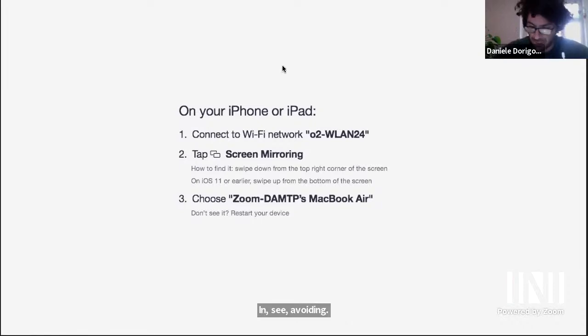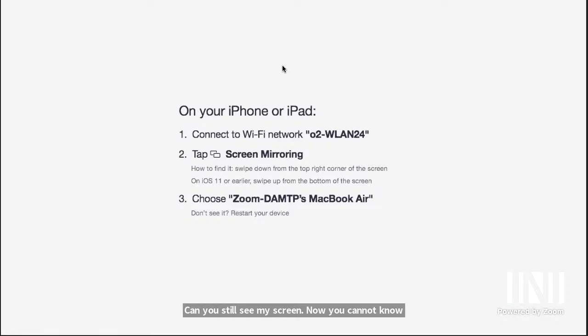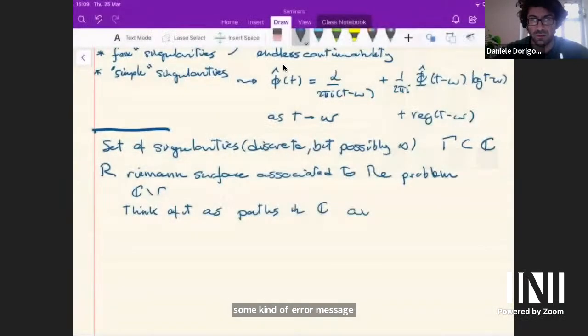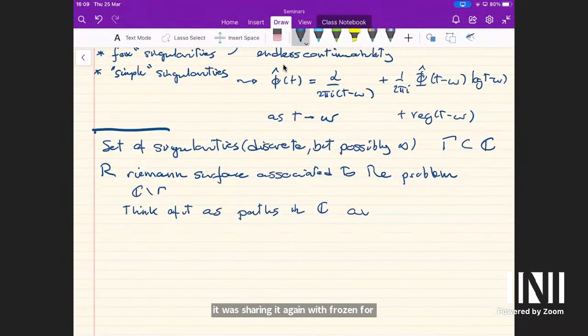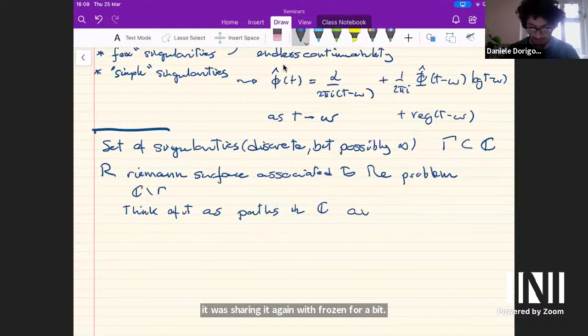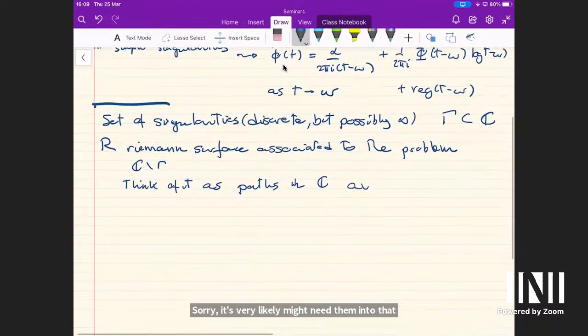Can you still see my screen? No, you cannot. No, we see some kind of error message. It was, I I'm think it was sharing frozen. it again. It was frozen for a bit. Ah, yeah. Perfect. Now- okay. Sorry, it's very likely my internet that is a little bit garbage today. Apologies No for problem. that. I'm working think from now home it's fine. today, so